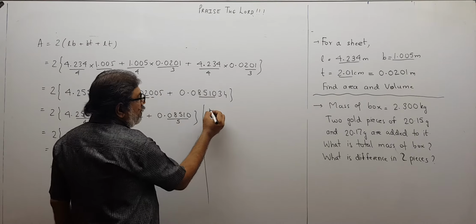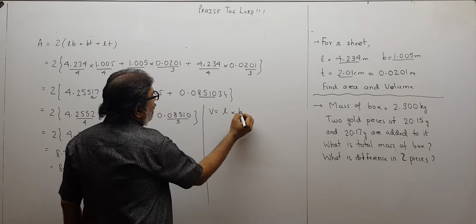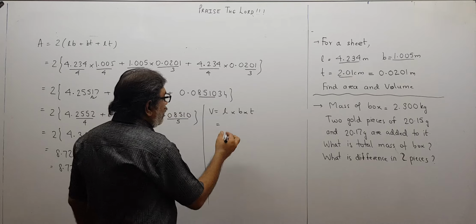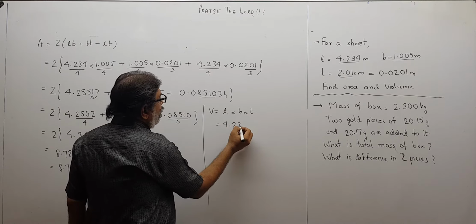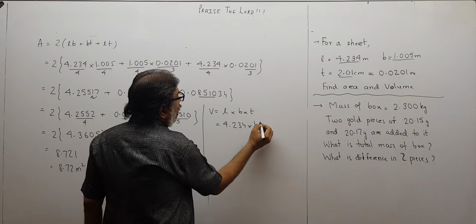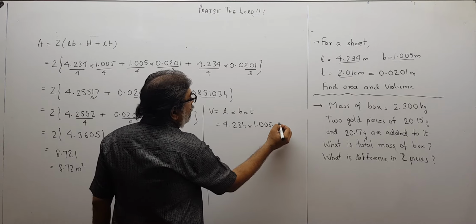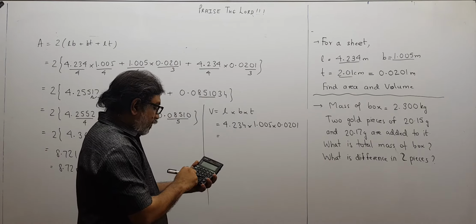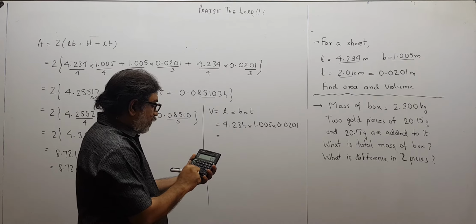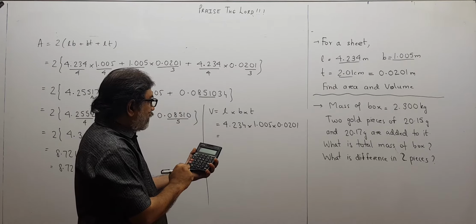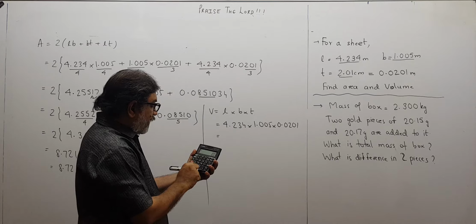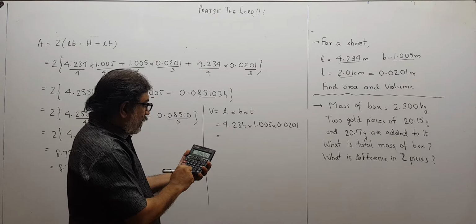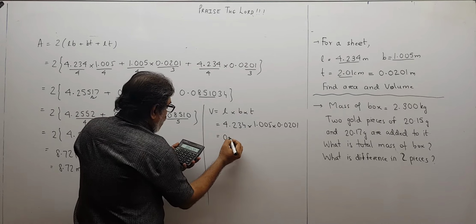About volume, if you want, volume is length into breadth into thickness. So let me write first: 4.234, 1.005, 0.0201. So this will be 4.234 into 1.005 into 0.0201. That is coming out to be